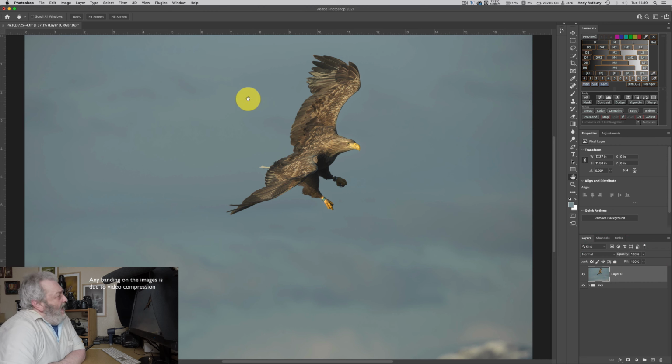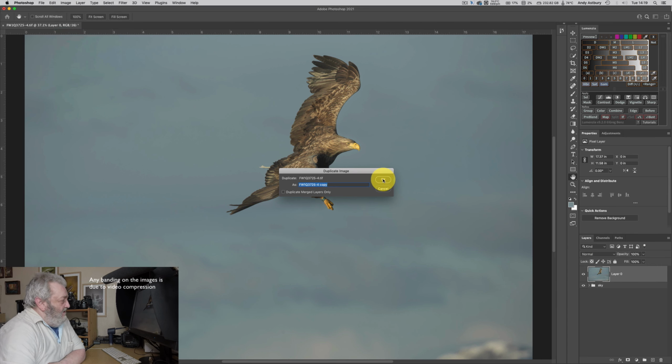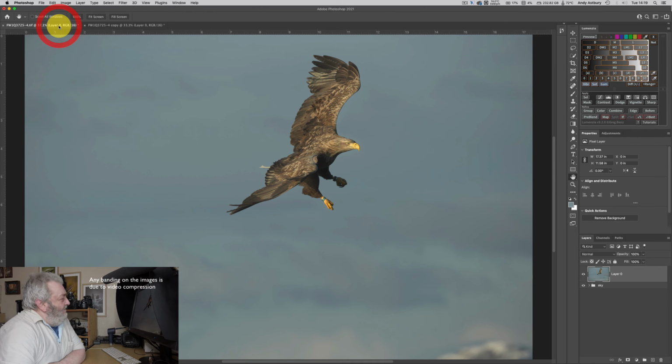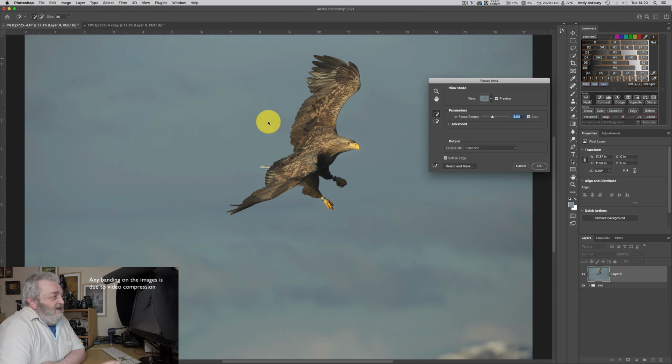Now I'm just going to go image, duplicate, all right, because I might come back to that in a moment. Now there is a standard workflow inside of Photoshop for doing what I'm about to do, and you've seen me demonstrate it before, which is to go to select, and we could go to focus area. Now this works